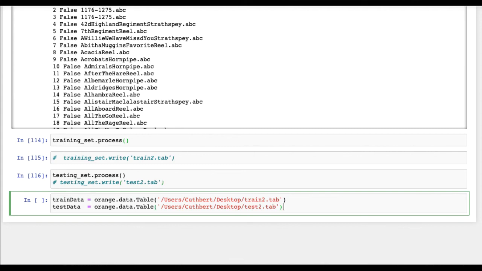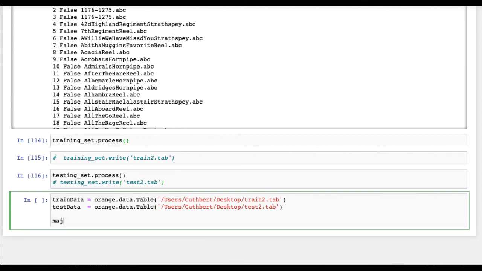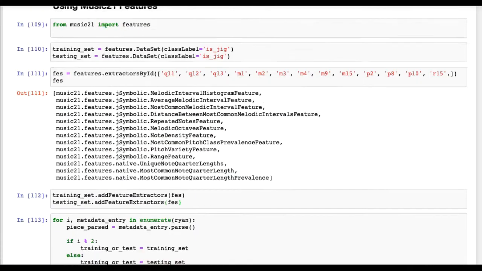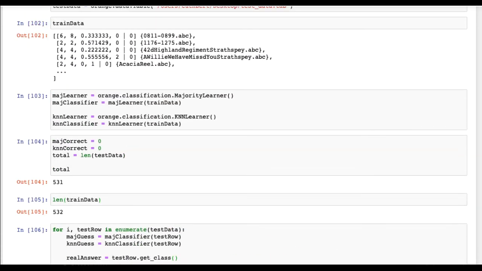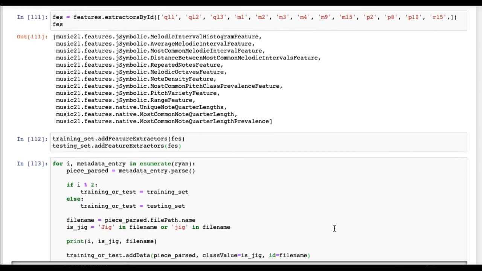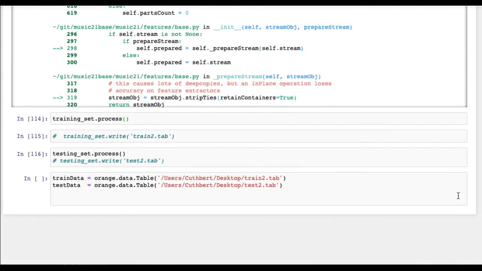Test2.tab, that's what I wrote. Okay, so again, we're going to do everything as before. Why do everything as before when you can just copy and paste? Because now we've already written everything out for